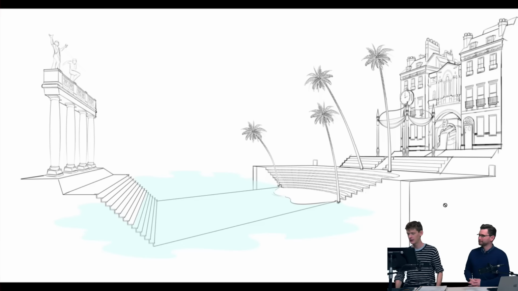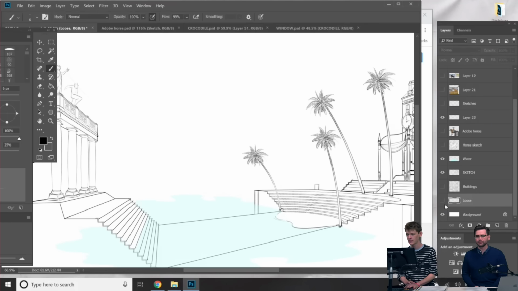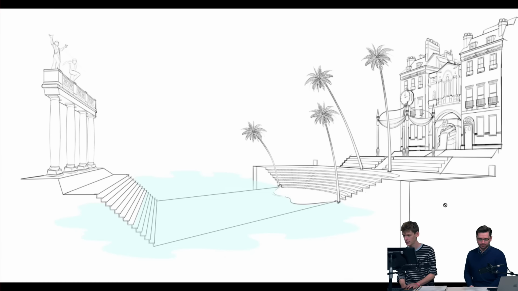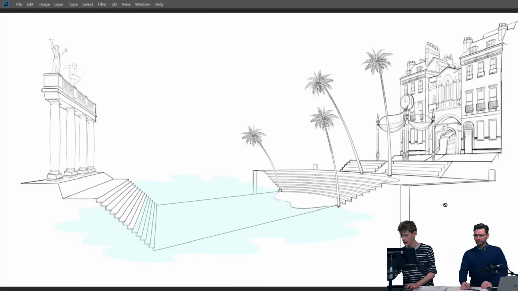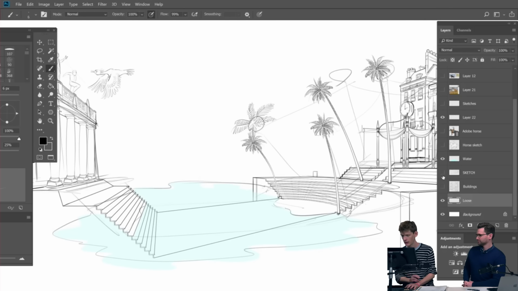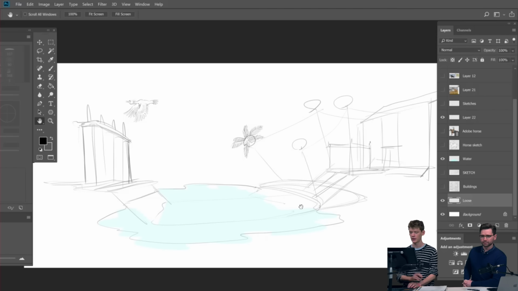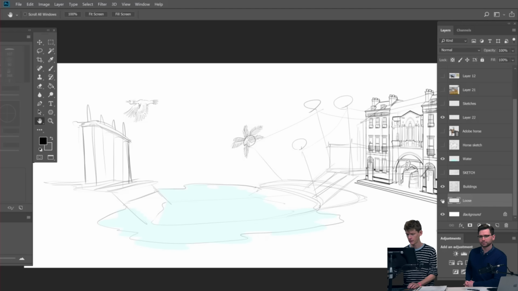Okay, so coming back to the bigger composition. Once I've got a couple of little ideas down, I'll start finessing them into this bigger composition. I'll show you where I actually started on this one, if I get my layers up. So again, in the computer, I'll start with something really simple, just getting the major elements. I knew I wanted this bath shape in the center, this archway, a couple of palm trees, this curved stair shape, and a couple of buildings here. So just blocking down the basics, not worrying about any details whatsoever. And then I'll start building up the details based on reference photos that I might have.